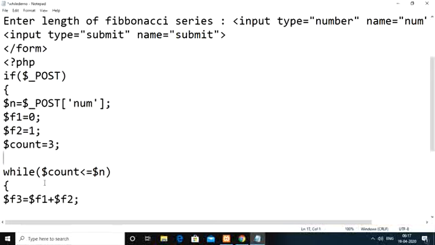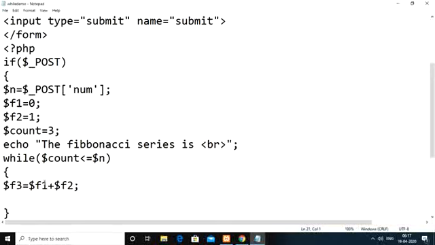Before that, display something like "The Fibonacci series is". After finding the third term, display it: echo the f3 value, then display one next line.